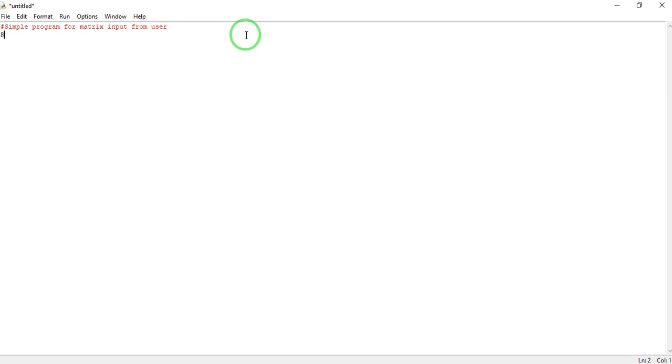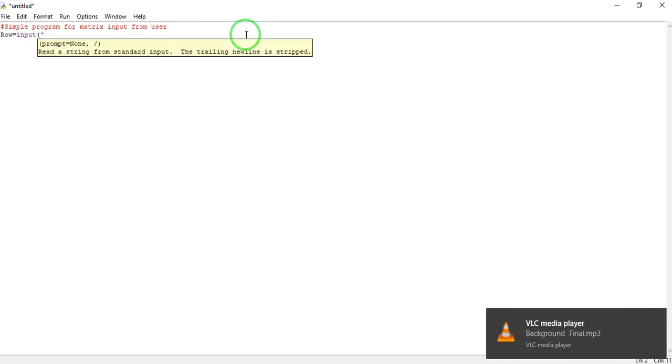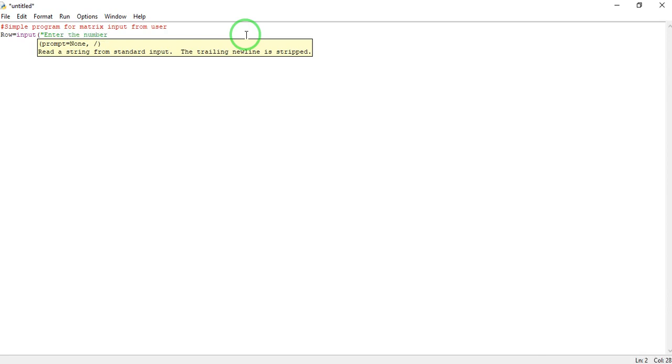So let us define row equals to input from the user. So input in brackets we will write: enter the number of rows.